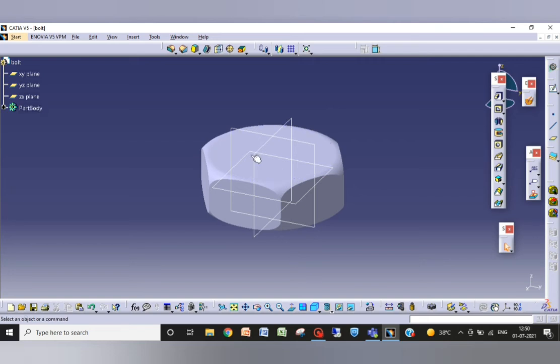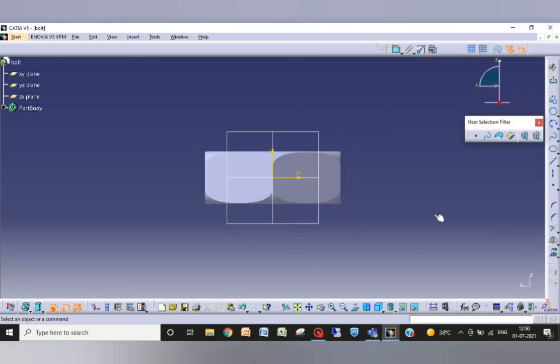Now on this plane I will sketch a rectangle there.